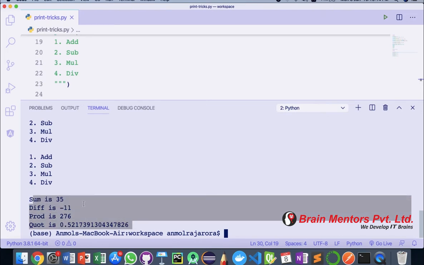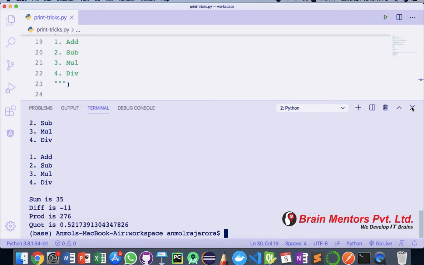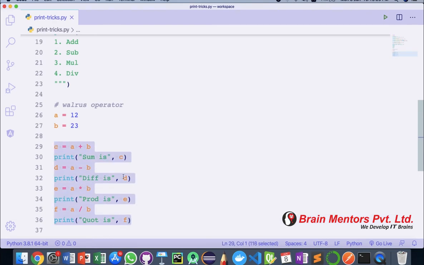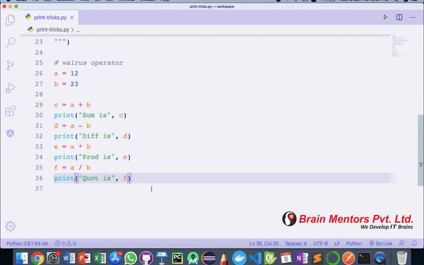So that's working perfectly, but it was kind of hard to write all of these. They are too much to write. I have to write all the 4 operations separately, so a kind of redundancy is coming again and again. For this, what we can do is use the walrus operator, and how that works is we can use both things inside a single statement. Which both things? Assigning of the value to the variable after addition, assigning of the value after subtraction to the variable d, and printing of that particular difference, or printing of sum, or printing of product. We can do assignment of value and printing of value, both in the same line.